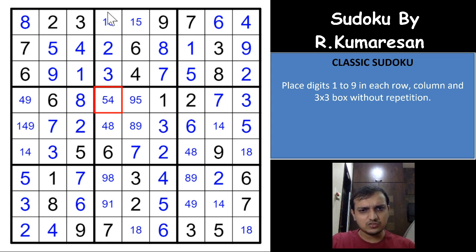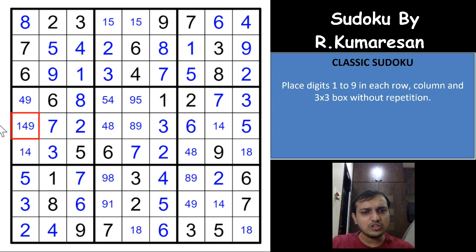all the cells in this Sudoku have two possible candidates, right? All the cells except this cell. And this is the place where you use the bug technique. The bug technique is used when all of the cells which are yet to be placed have only two possibilities, not more than two, and there is exactly one cell which has three possibilities. If you have that case, then you can immediately use the bug technique, right?